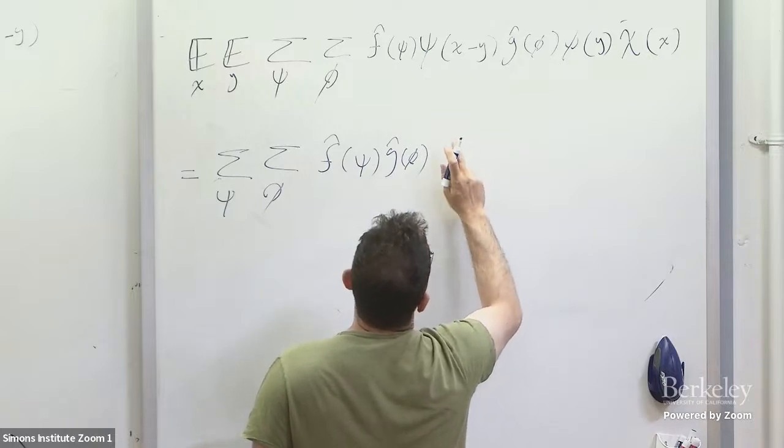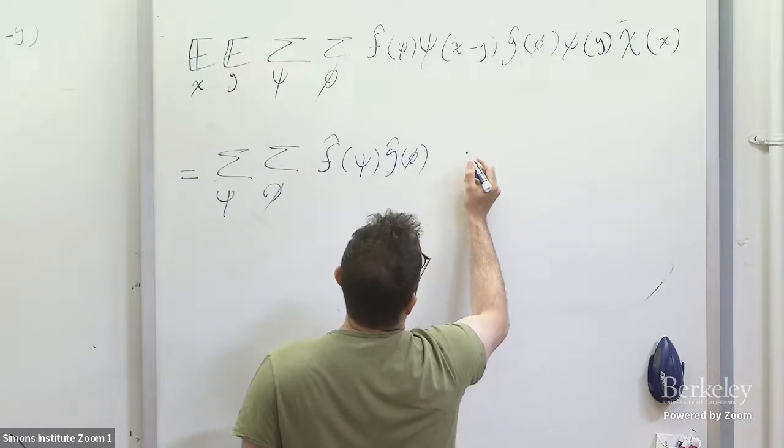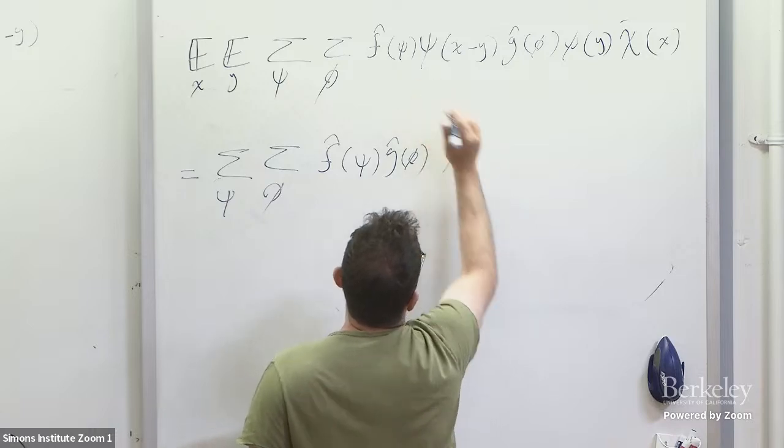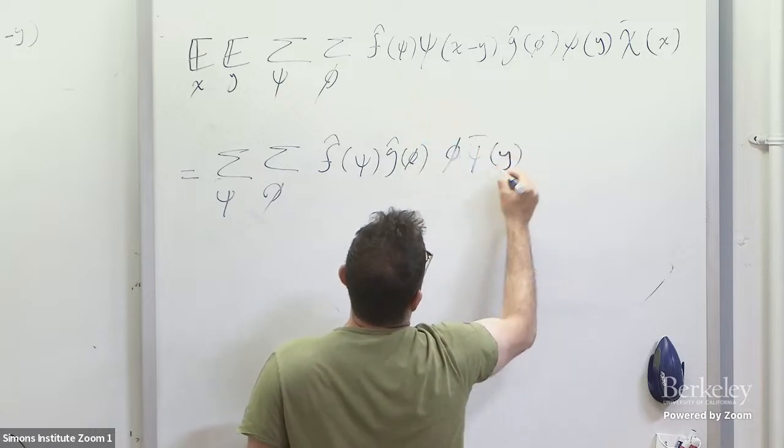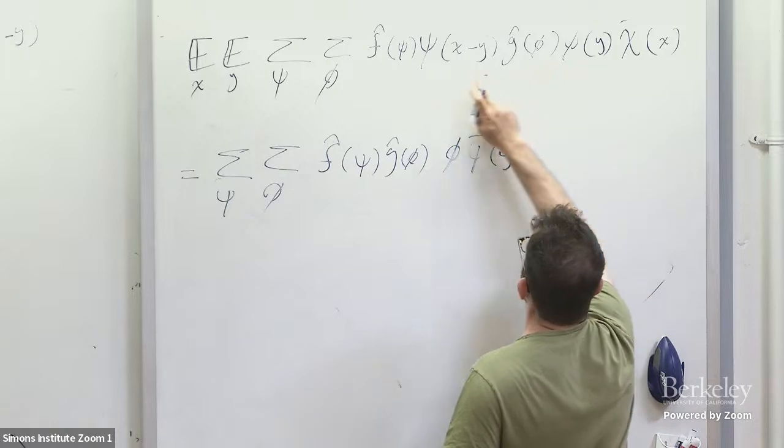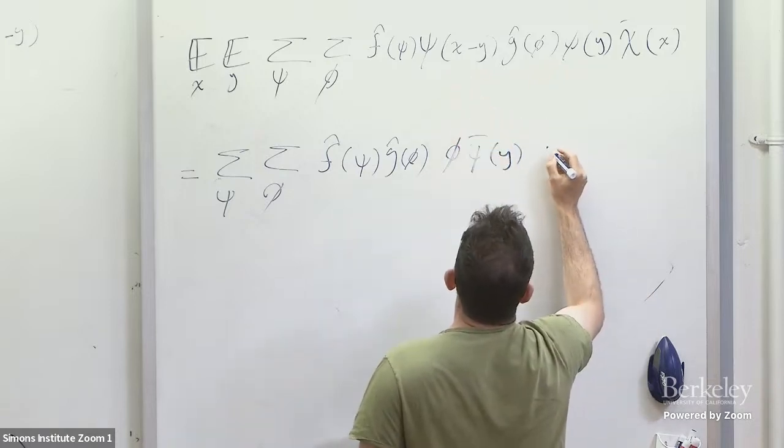So for y, I'm going to have phi y. So this minus y and this y. And for x, I'm going to have